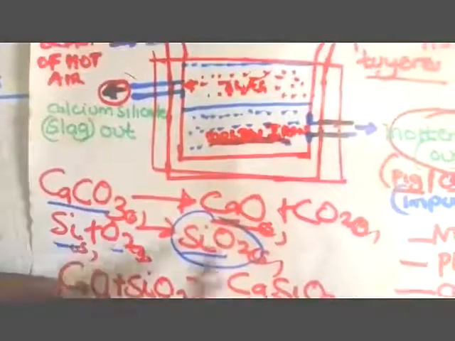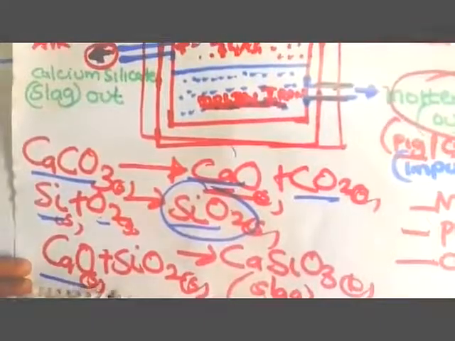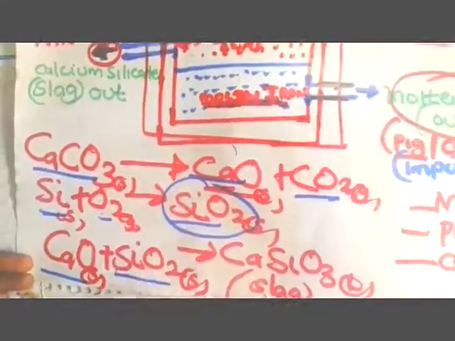So how are we going to remove this impurity of silicon dioxide? We have the calcium carbonate which we place here. Calcium carbonate is going to decompose to form calcium oxide and carbon dioxide. Then the formed calcium oxide, or the quick lime, is the one which is going to help us to remove the silicon dioxide. So we have calcium oxide and silicon dioxide to form what we call calcium silicate,